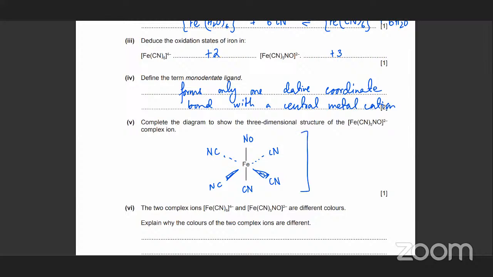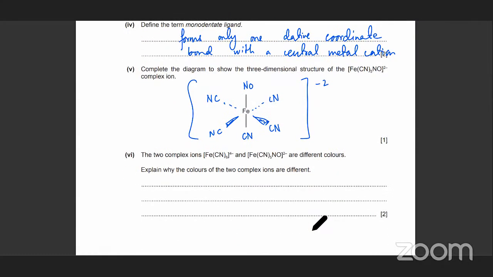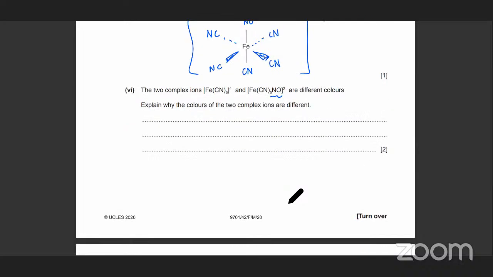And the overall charge is minus 2. Now the two complex ions are different colors. Explain why the colors of the two complex ions are different. So you're going to talk about different ligands. Different ligands would exert a different repulsion on the d subshell, and the energy gap created would be different. So different, and energy is proportional to frequency, so a different frequency from the visible spectrum would be